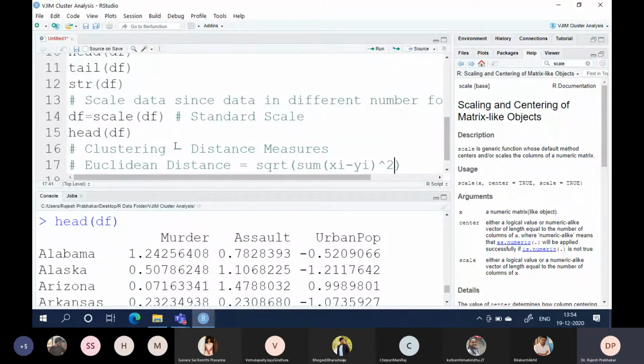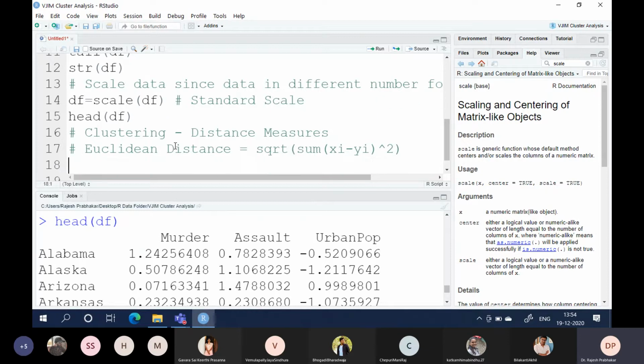So Euclidean distance is the square root of the sum of (x minus y) squared, over the coordinates (x1, y1), (x2, y2). It is a very interesting method and it is the default method used in most of the clustering algorithms.